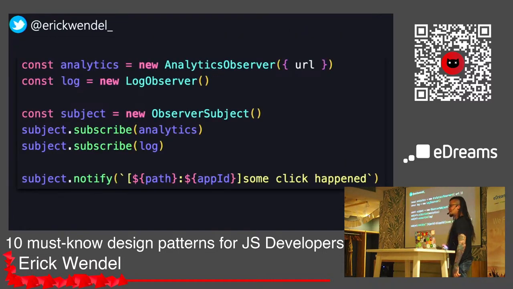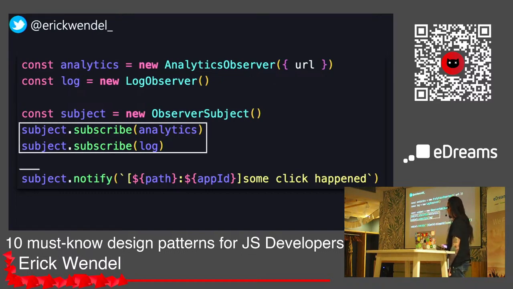Nice. I told you it's a lot of information, right? So now, when I'm using this, I'm going to use subscribe log, subscribe analytics, right? When we are using Node.js, we're going to have analytics dot, I would say, subject dot on and execute something, exactly for everyone, right? But when I'm calling the notify, all the subscribers are going to be called, right? So it's pretty straightforward when we're working with a bunch of objects, and this is pretty common to see in JavaScript, but people don't often see where this came from, and it's very nice.